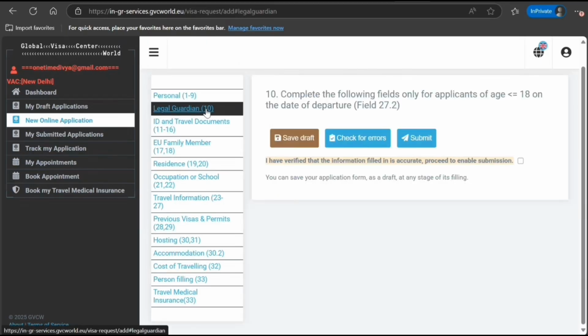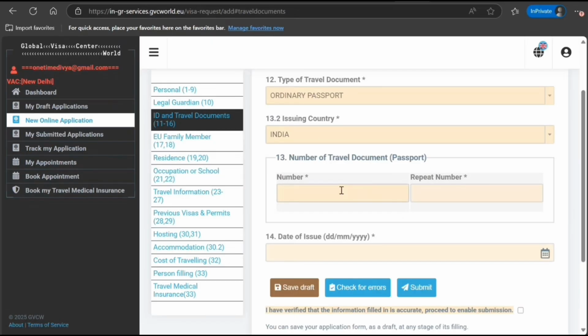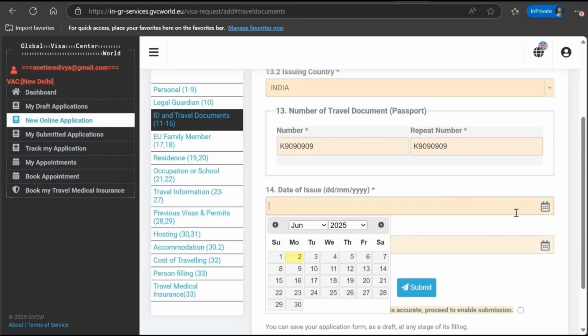Next is gonna be next. I have to click here. Complete the following fields only for children age 18. So this is not applicable in our case. ID and travel documents, ordinary passport, passport number. Now all these pieces of information that you check at least 2 times. Date of issue, date of expiry,